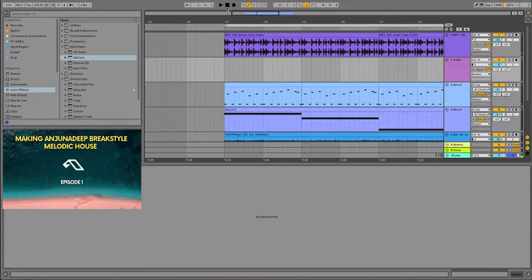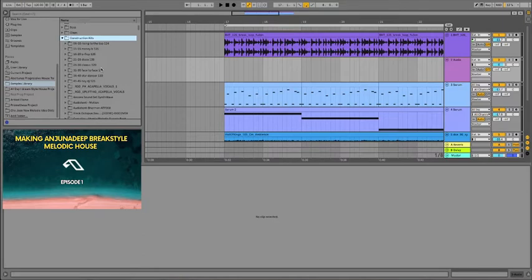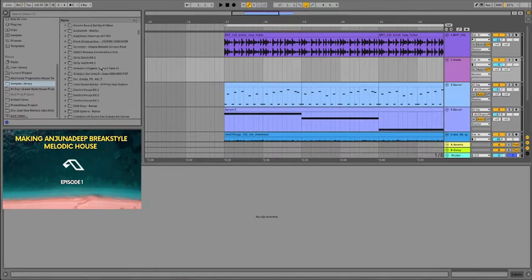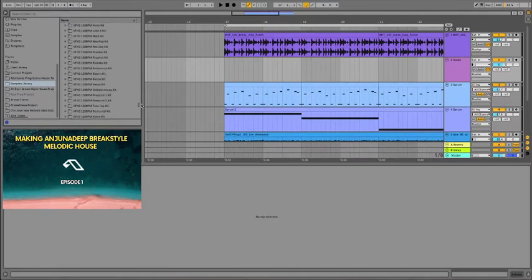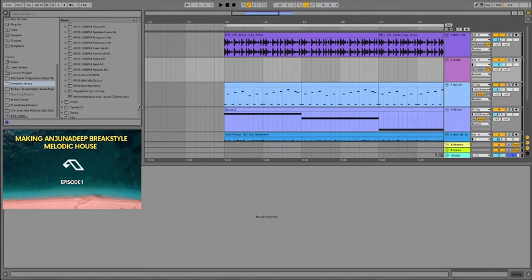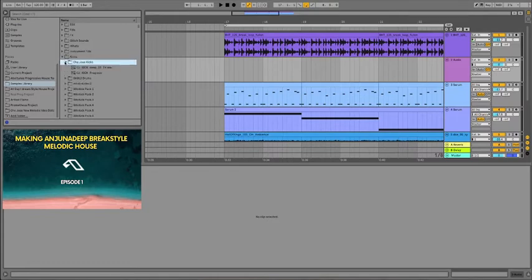So I like the pattern that this has got. I hate the samples, but I like the pattern. So I'll see if I can recreate my own based on this. Come on, computer. Let's give it a moment. Okay, construction kits. Actually, go to my kick samples here. Kicks. There you go.